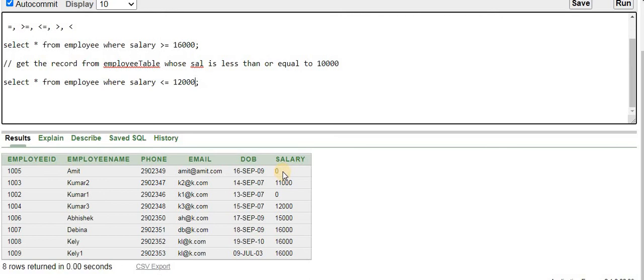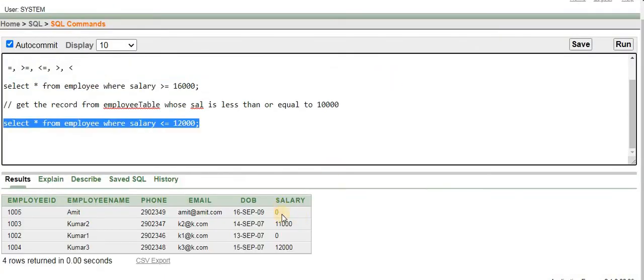These records will be stored in the cache memory. Now it will go ahead and verify again, is there any record available whose salary is equal to 12,000. Yes, it will find one more record. So in total 4 records it will return. Let us run this script and verify whether it is returning the records as per our expectation or not. So you can find here that a total of 4 are returned from this employee table.